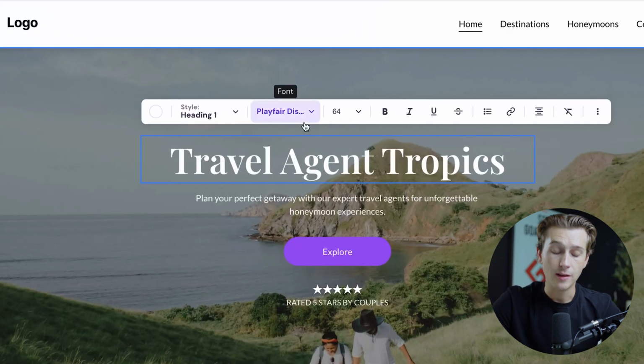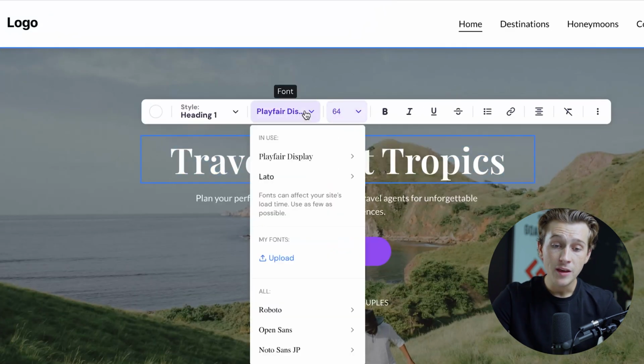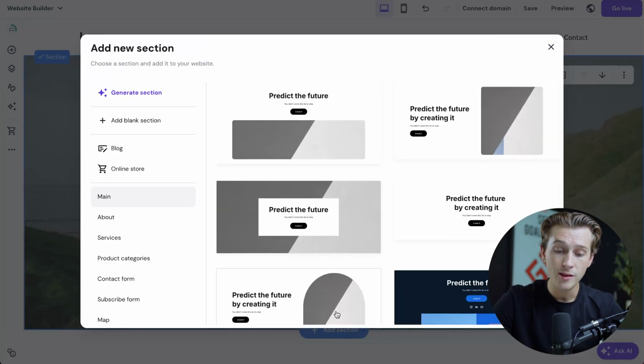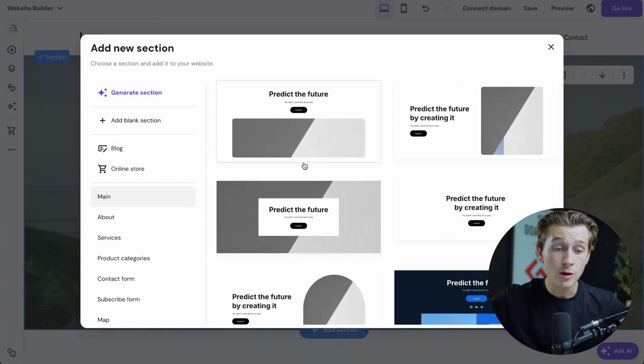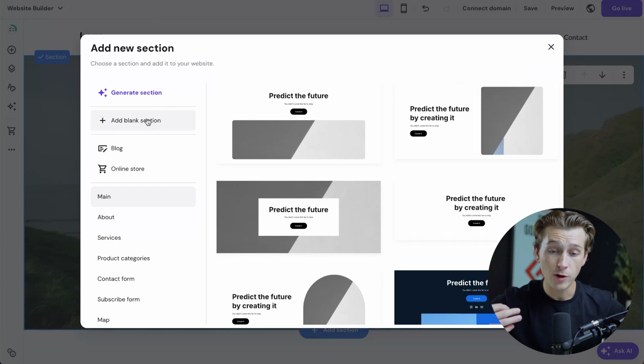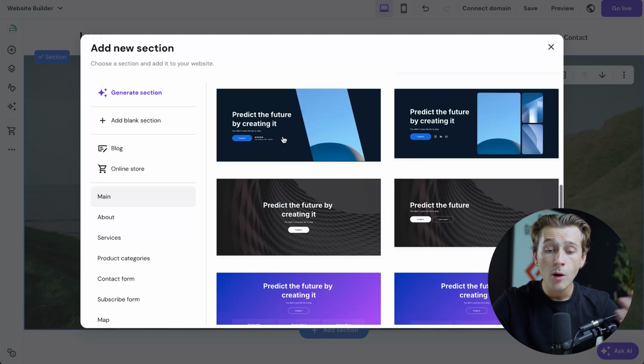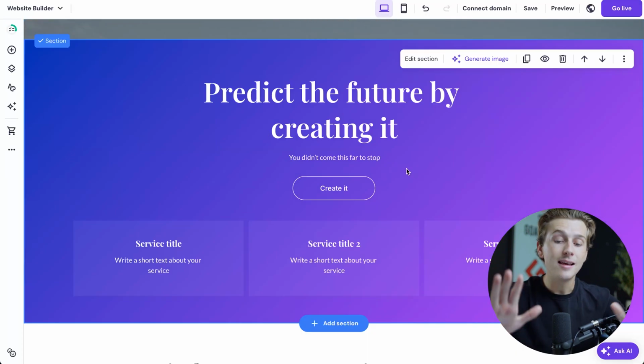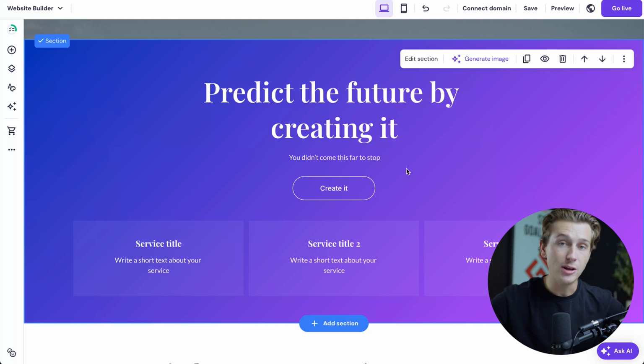We can also change things like the font or the size of the font with these simple drop downs here. There's also the ability to change the actual section itself, which is displayed in this little blue button down here. We simply click the blue plus button, which will then take us here where we can generate a completely new section or add a blank section that we can customize personally. I'm going to go ahead and pick any of these here. Most of these will do, but we'll go ahead and click this one here. As you can see, it easily adds a section into our website